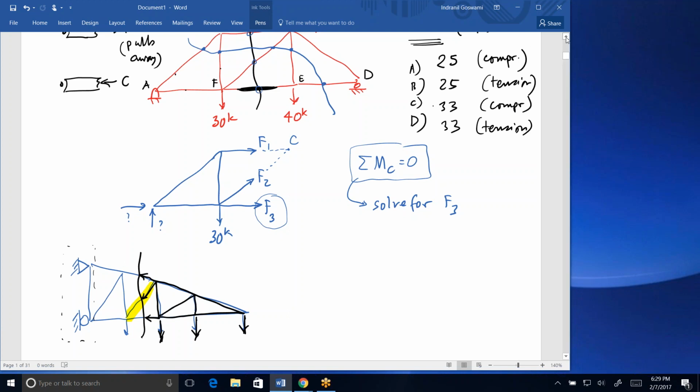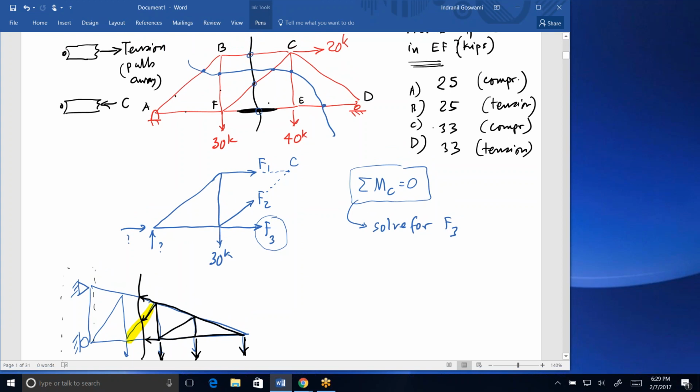Here, however, for a simply supported structure, your supports are on either side. So if you make a cut, then regardless of whether you look at the left side of the cut or the right side of the cut, you have to deal with one of these reactions, A or D. So the first step here would be to find your reactions for the entire structure, and so for this case, for the entire structure,